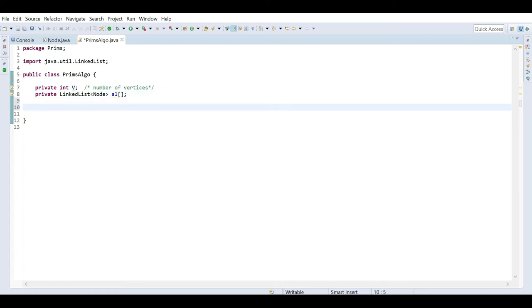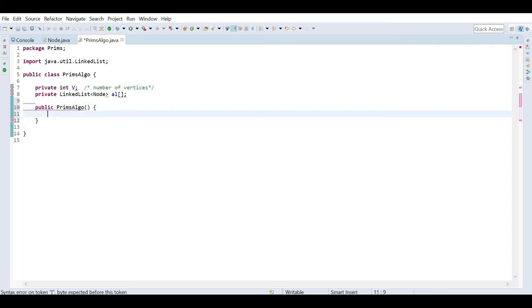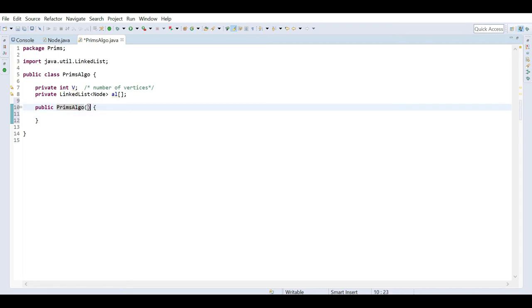Now I have to define the constructor of this graph. So this will be Prim's algo, and I will define the integer v, and I have to assign this v, and create the linked list, meaning the adjacency list, v times, and initialize them.